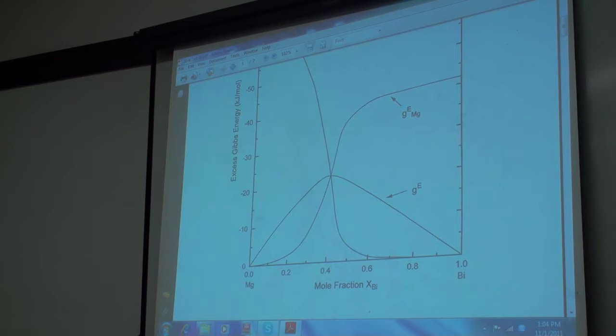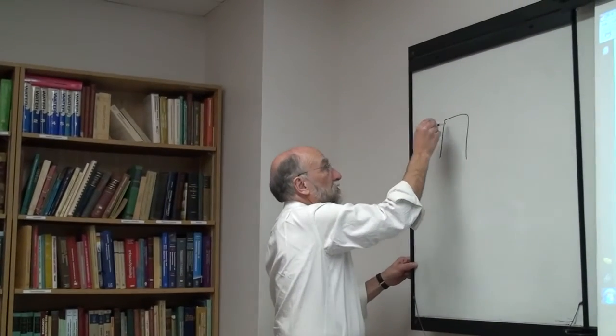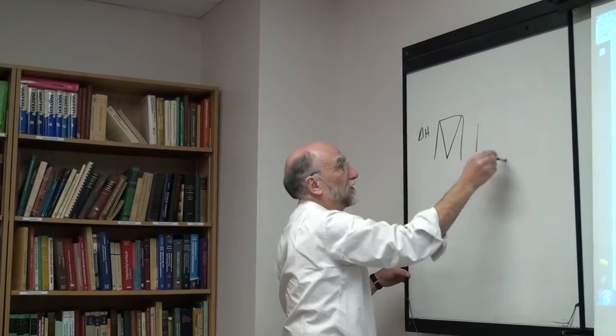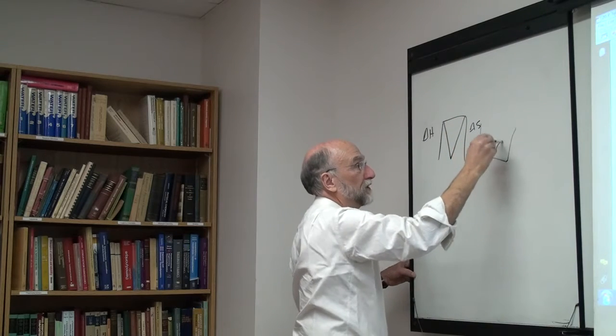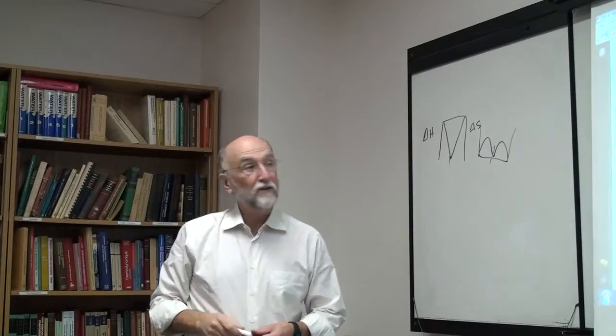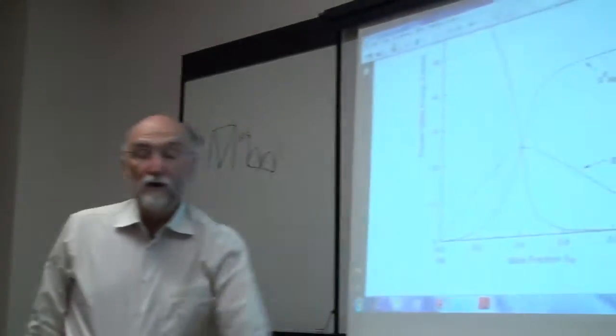Of course, this is indicative of short-range ordering, because if it's short-range order, the enthalpy of mixing has a sharp negative V shape, and the entropy of mixing has this kind of M shape, with this being the 33%. So this is indicative of ordering around the Mg2Bi